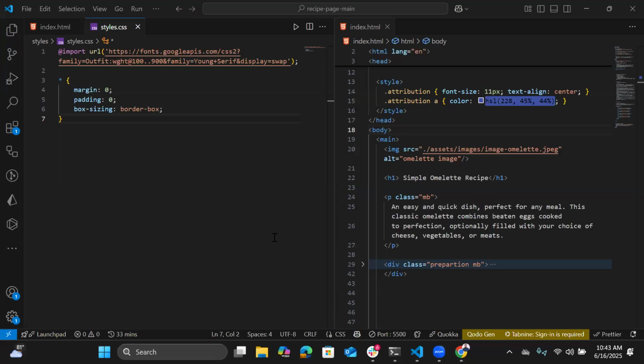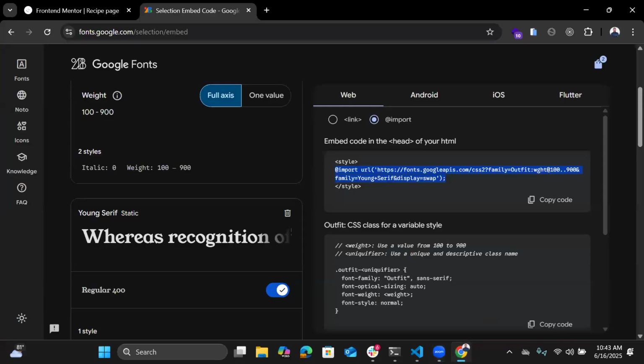Okay. So I said, when you want to make use of a font in HTML, when you're trying to style your website using a particular kind of font, because every website, every design you'll be given is not the same kind of font you'll be using. Your designer can decide, oh, I want to be more creative at this point in time. I want to use a different kind of font. So what you simply have to do is, you don't have to download the font to your system. What you just need to do is use something called a CDN, which is called a Content Delivery Network. So what you just have to do is go to